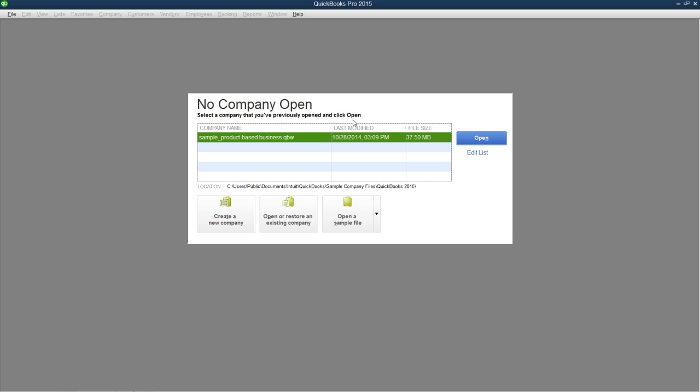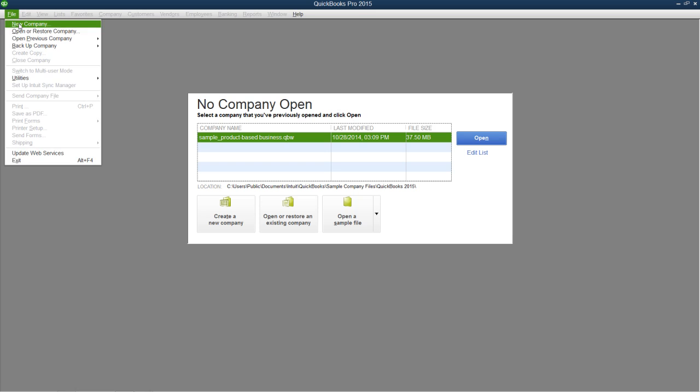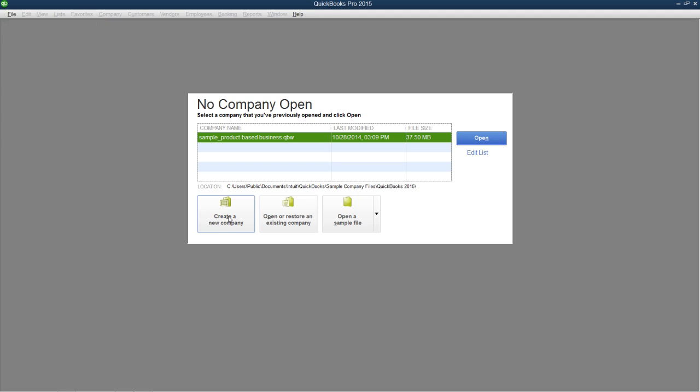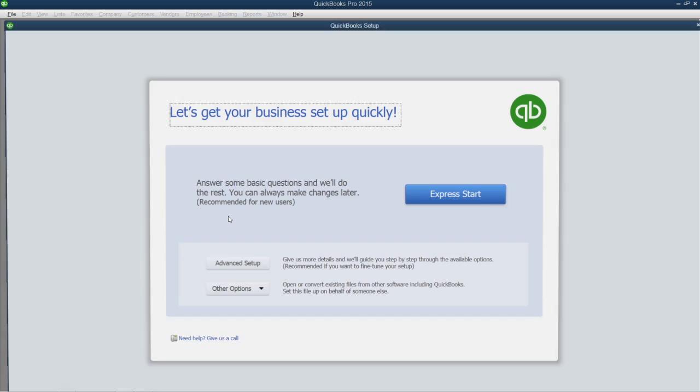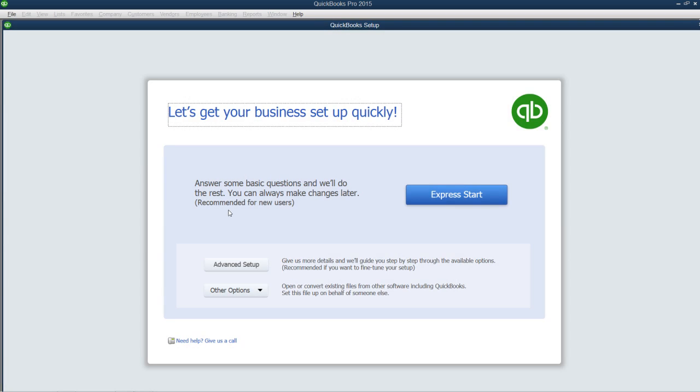Note that this is the same screen that opens if you select File and then choose the New Company command from the menu bar, or if you simply click the Create a New Company button shown within the No Company Open window. If you wish to use the Express Start feature, then click the Express Start button within the QuickBooks